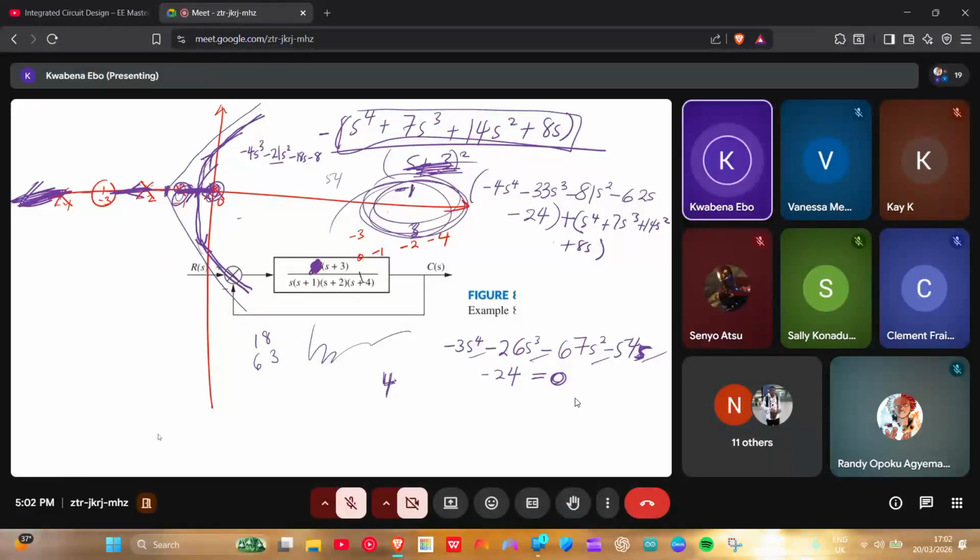Now there is also knowing where this line cuts the axis, like where it cuts the j axis. For that, you will have to